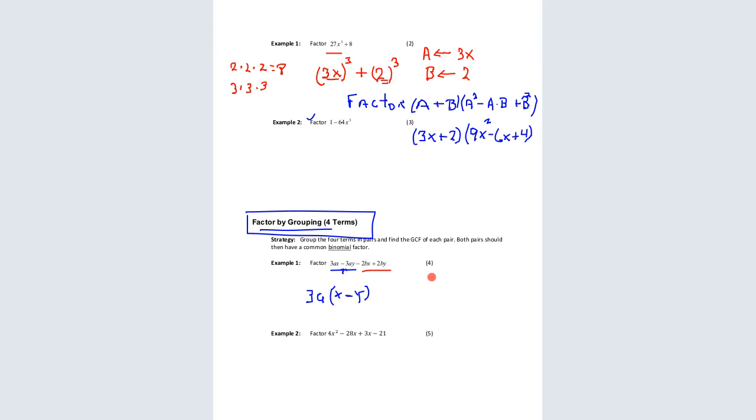There is a two, what do you have for the second one? 2b. Okay, yes, thanks. 2b. And here's what you want to do. Notice this is a subtraction here. If that first pair is connected to the second pair by a subtraction, throw that connector out. So make it a minus whatever the common GCF is. So if it's connected by a subtraction, pull that subtraction out front along with your GCF, or greatest common